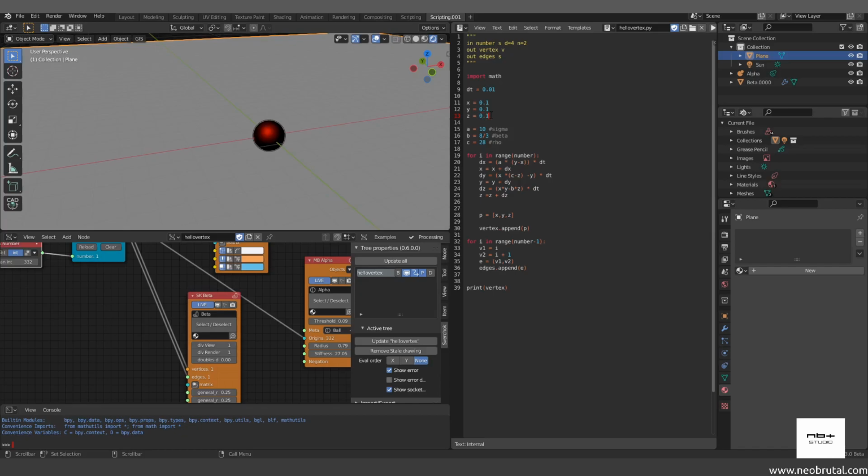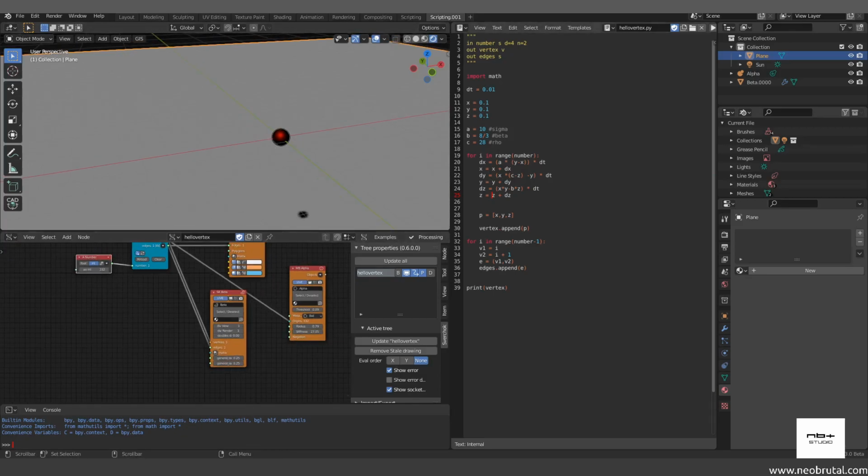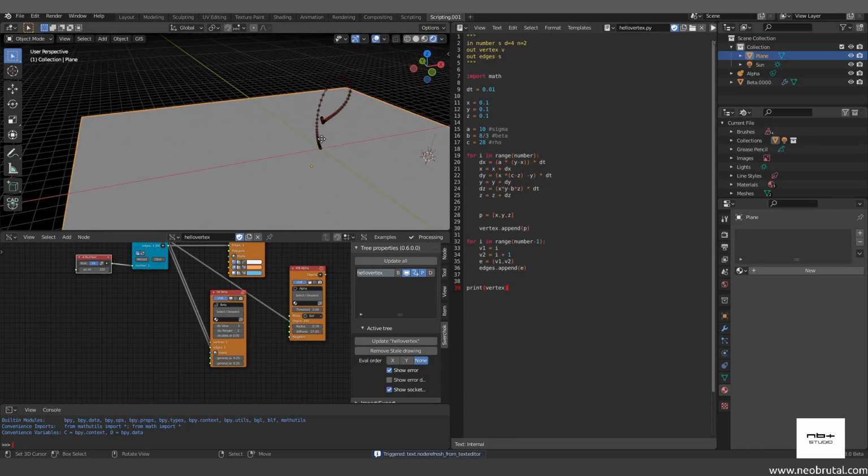zero. So if you remember, we multiply some values. So when we're multiplying something like x, no, where is it? X times, like here, it's zero, right? When you multiply this times this it is zero, minus y times dt. So we're kind of getting no change at all. So we need to put a little bit of offset from zero so that we can see the change. So there we are, and we're starting to get our